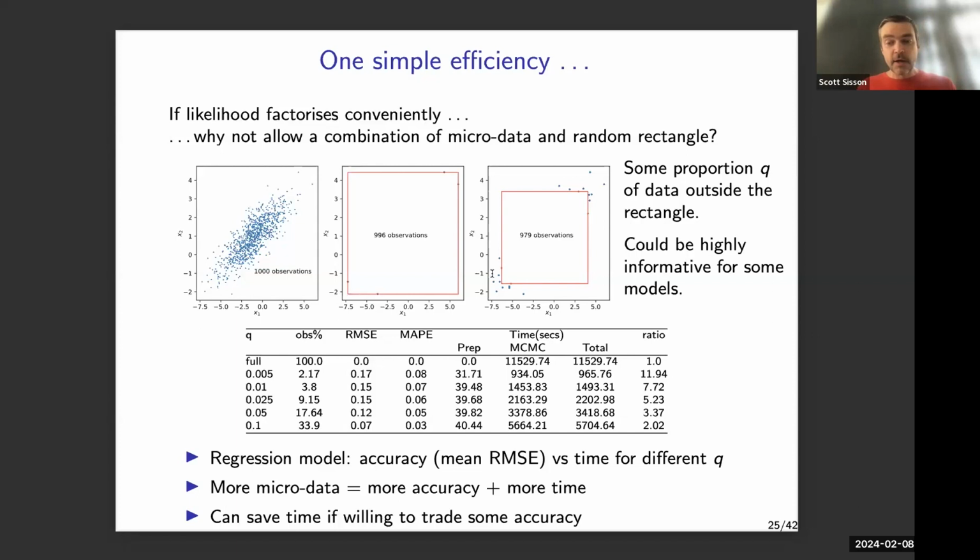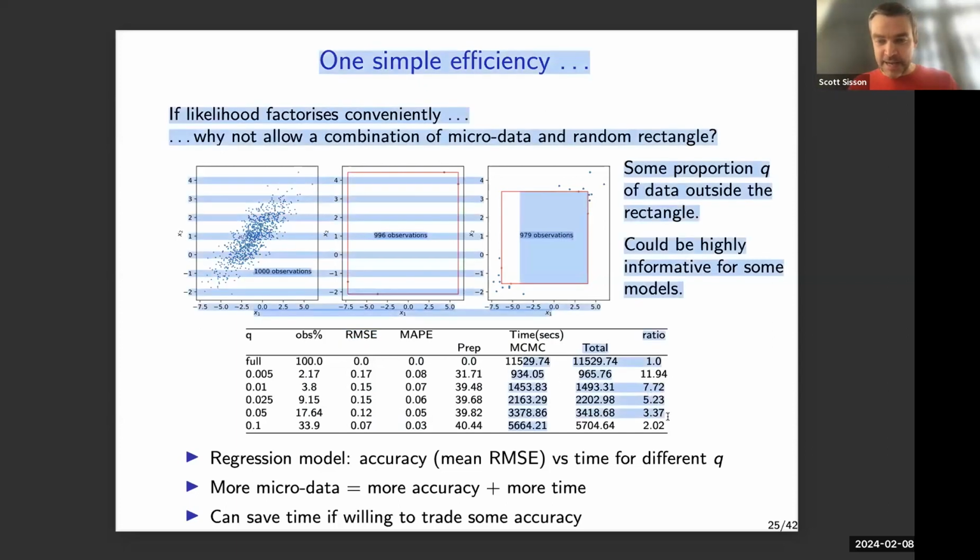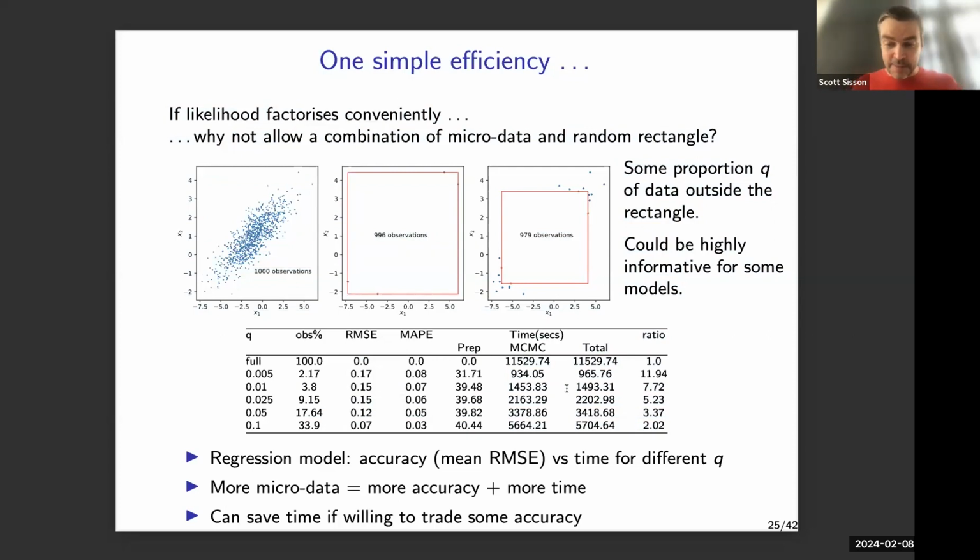So you've basically got a study here as Q increases, which is basically saying, what percentage of the real data is actually being retained, and the opposite of that is being summarized. Our root mean square error, the middle column here, compared to the full analysis: the more real data that we use, we get closer to the real analysis, which makes sense. And of course, the trade-off is the time taken. It's not highlighting very well. This column here is the time taken for the regular MCMC.